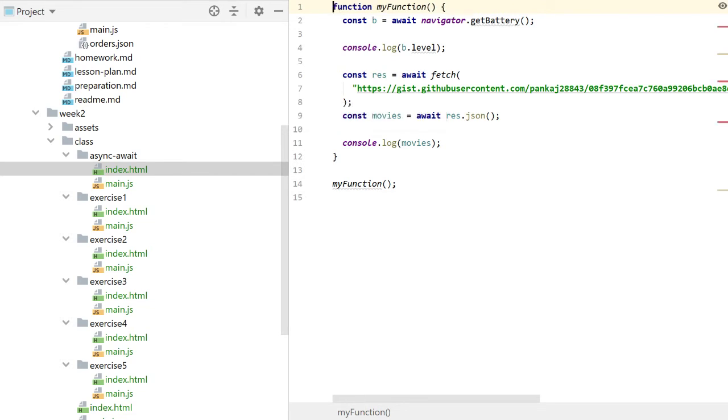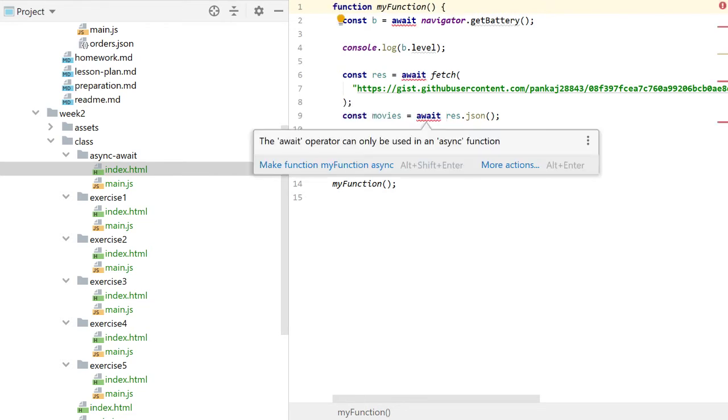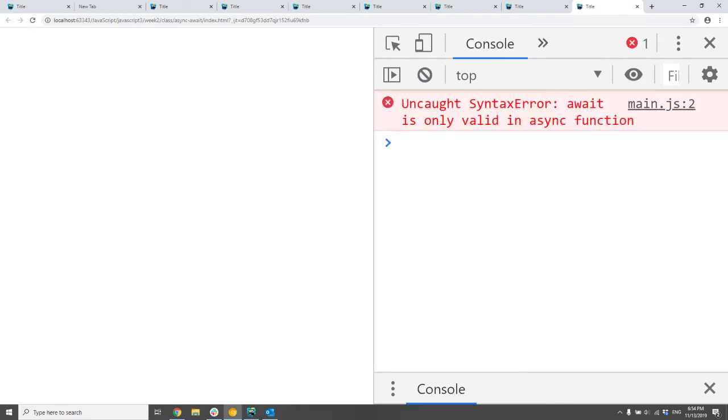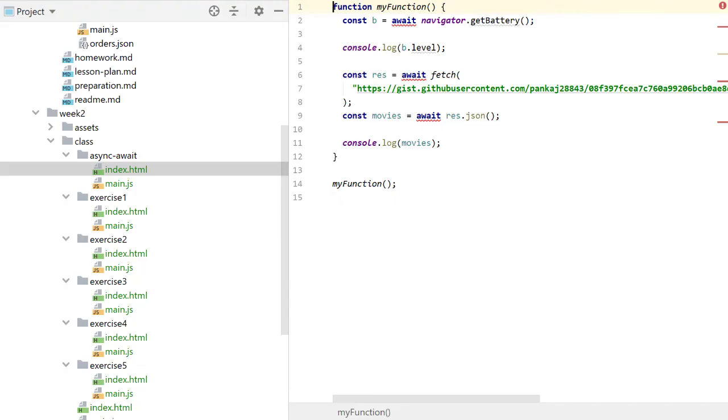If I don't have this, you'll see that it'll tell me, you cannot use this because you're not in an async function, and Chrome will probably yell at me. So async await is only valid in an async function. So, all right. So now if I do this after my a function,